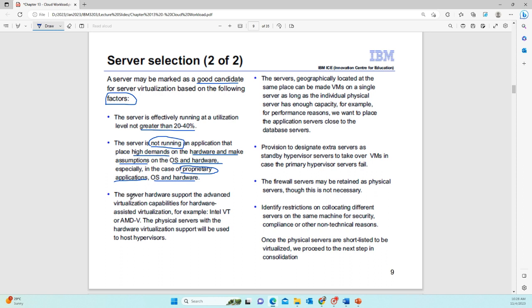Okay. And then the server hardware supports advanced virtualization capabilities for hardware-assisted virtualization. That means if your server supports Intel VT and AMD-V, then it is a good candidate for a hypervisor, because most hypervisors or virtual machine managers require this extension or feature of the CPU. Okay. And the servers geographically located at the same place can be made into VMs on a single server,